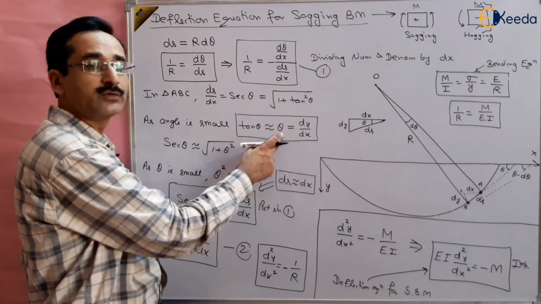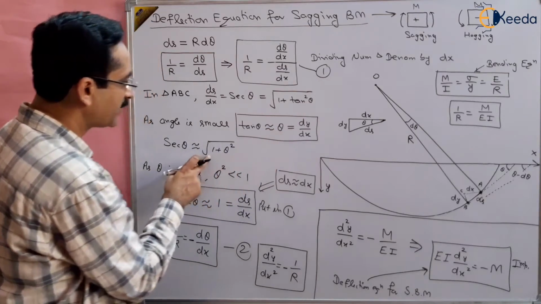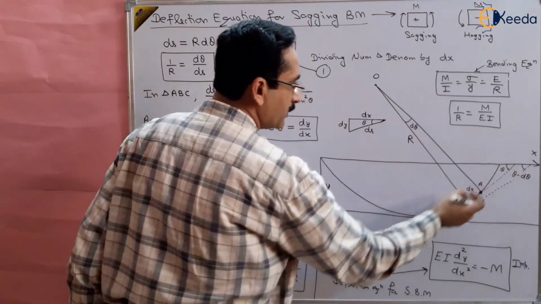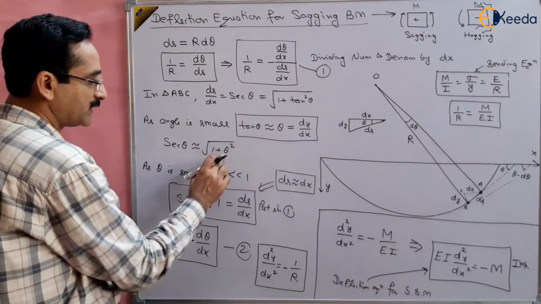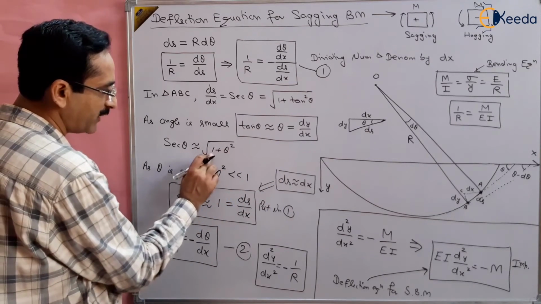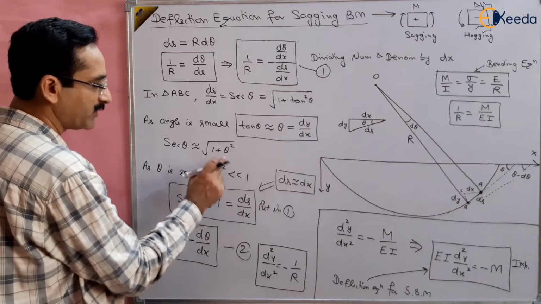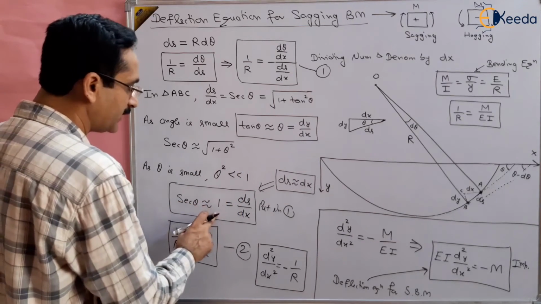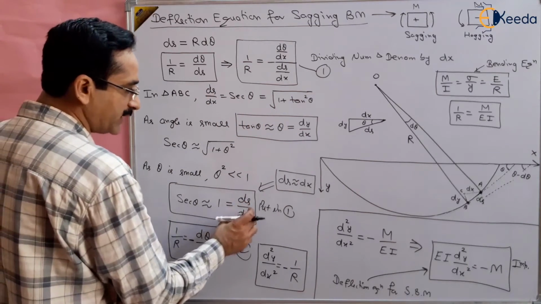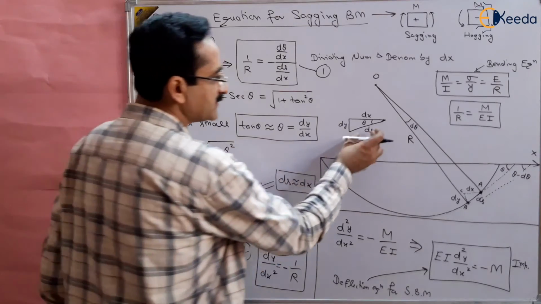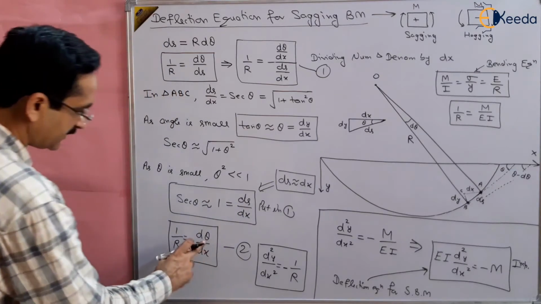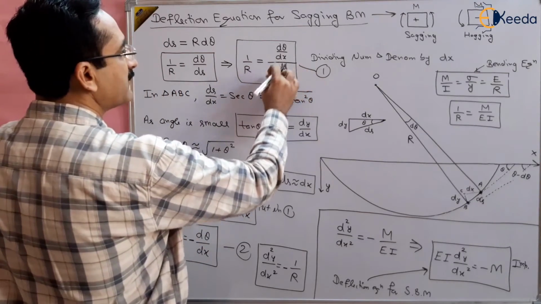And tan theta is nearly equal to theta, so we can write 1 plus theta square, and theta is very small because we have moved a very small distance. So theta square will be further small, and it will be very less compared to 1 in 1 plus theta square. So theta square is much less than 1. We can neglect this, and secant theta will be nearly equal to 1, which is equal to ds by dx, right? So this shows that ds is nearly equal to dx. That's why it is coming 1. So ds by dx can be removed here, and its value is 1.